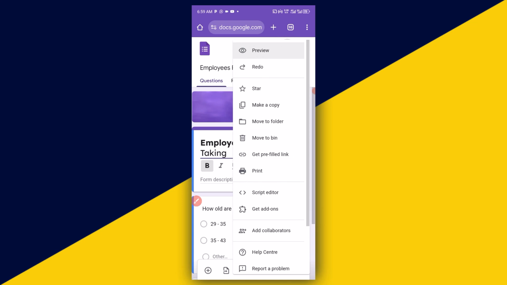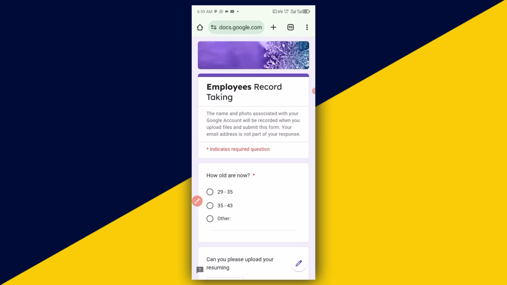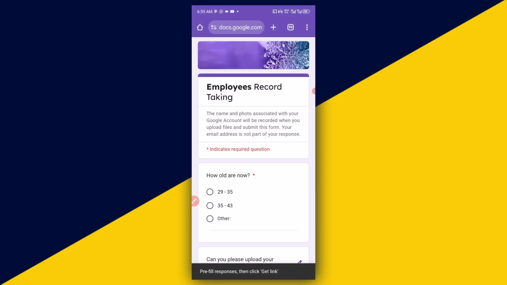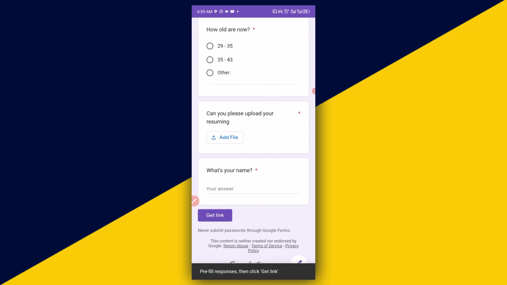Now, for you to get your URL link that you can share with anyone, what you need to do is to simply click on Get Prefill Link. Click on that, then it takes you right here. Next, simply scroll down, and then you have Get Link right here. Simply click on Get Link,